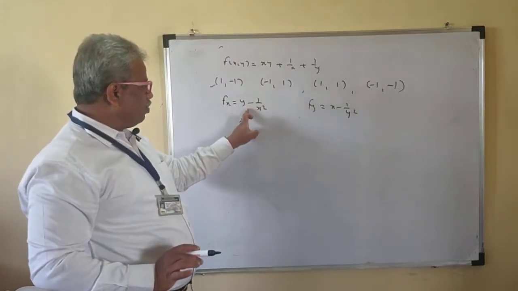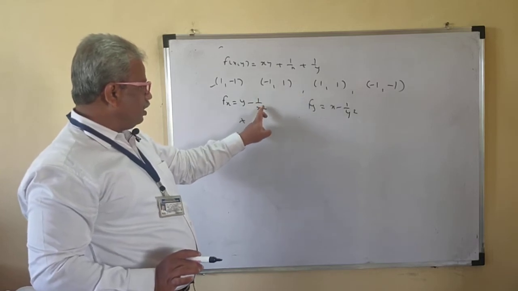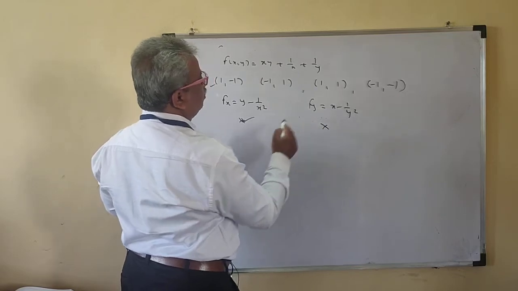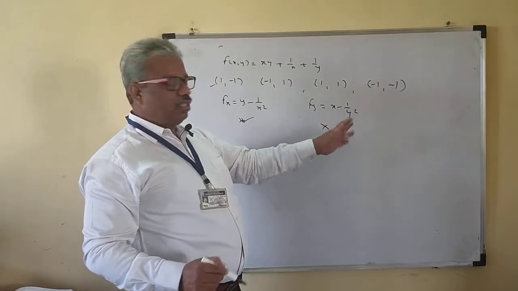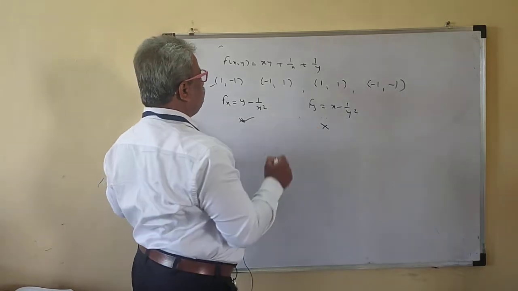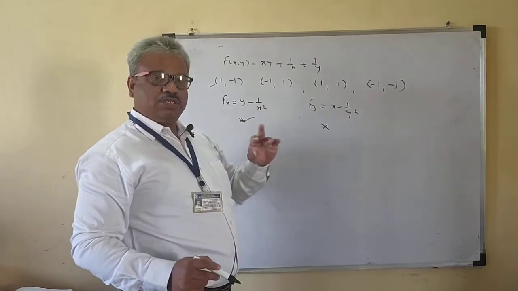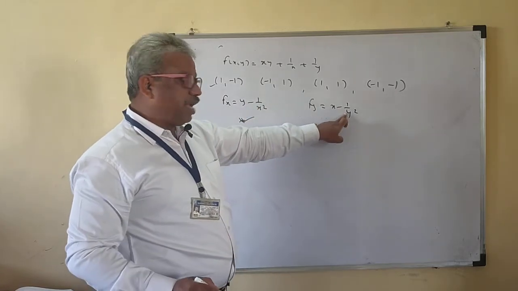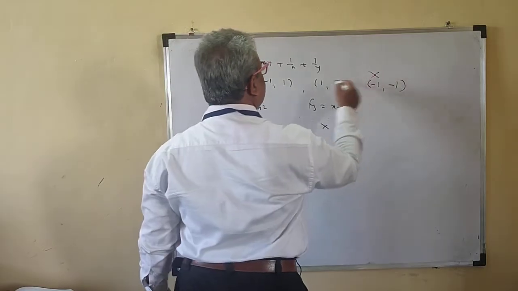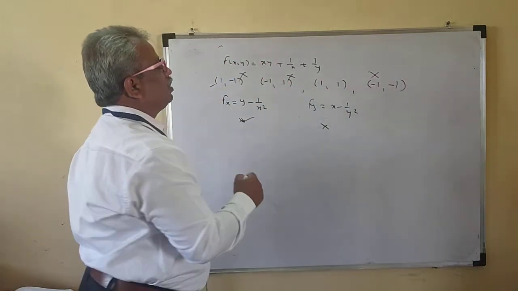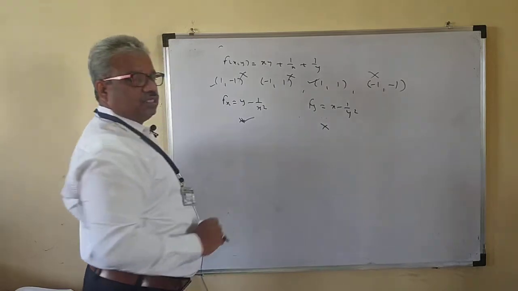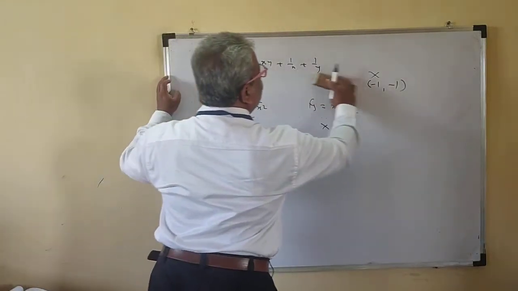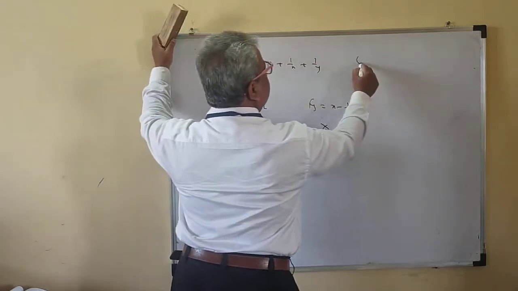Whether this point satisfies this one, so your x is minus, your y is this. Okay, this satisfies. What about this? This does not satisfy because minus 1, this is minus 2, does not satisfy. For this point 1 minus 1 is 0, 1 minus 1 is 0. For this point, minus 1 also here. So for this, this and this do not satisfy. This satisfies both the conditions, so it will be the critical point. Okay, so you got 1, 1 as the critical point.